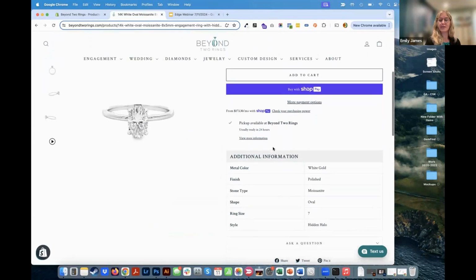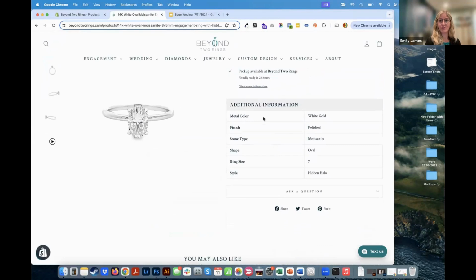Now we also have some additional information here. Metal color, finish, stone type, shape, ring size, style. These are all item detail fields that we can display here. So if you want to go ahead and add a lot more item details, being more descriptive about your product, such as clarity, cut, color, all that good stuff, you can keep going on and adding more item